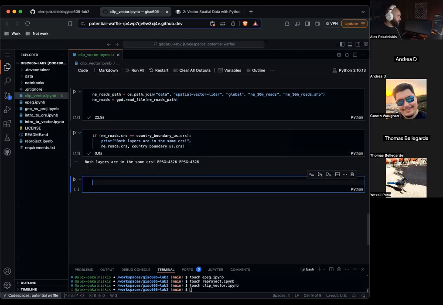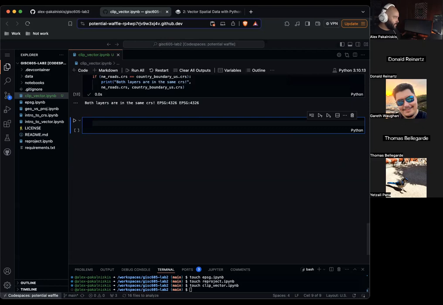Both layers are in the same CRS. Nice. So now let's clip lines and polygons.